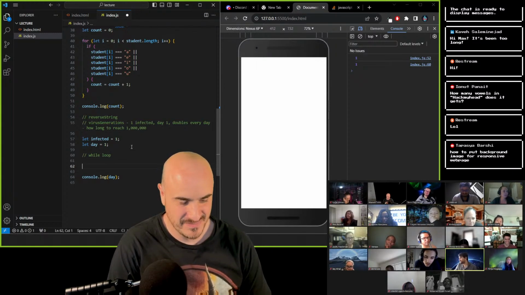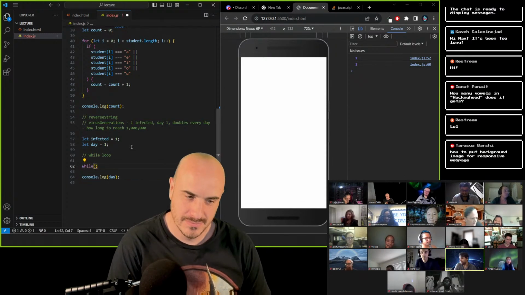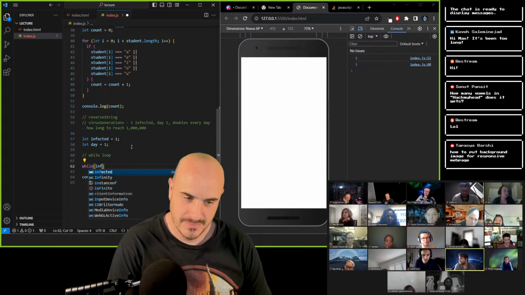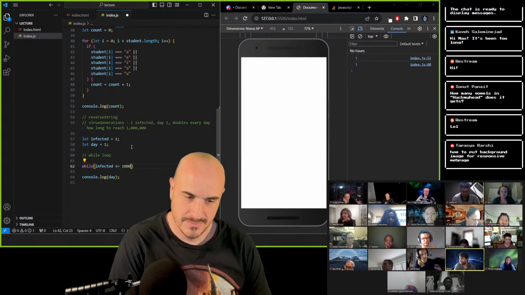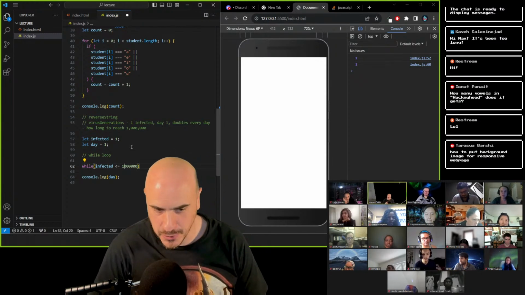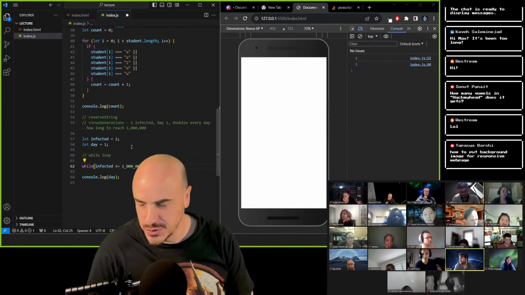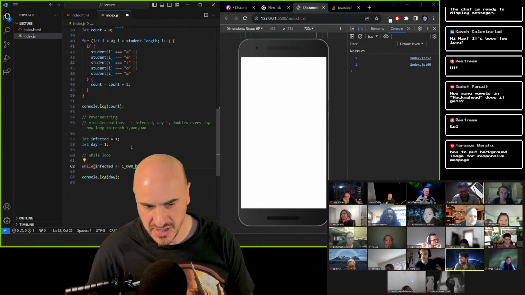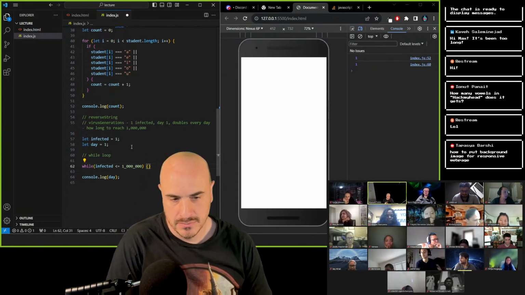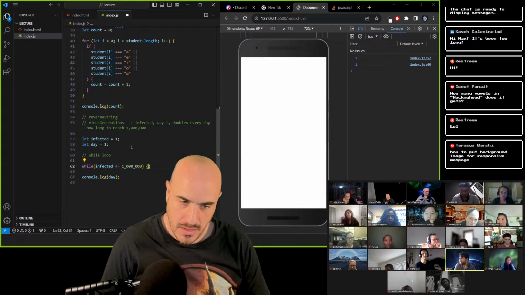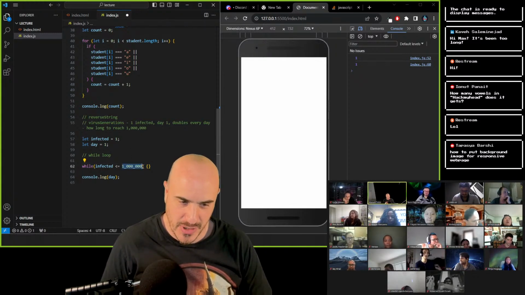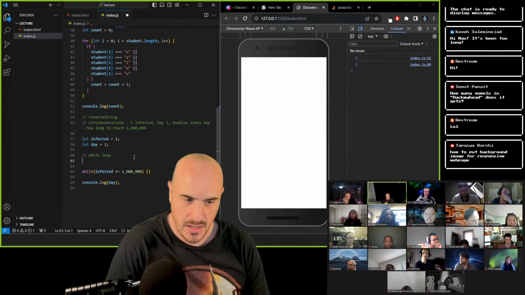Okay. So you type while, and then a certain condition. In this case, while infected is less than or equal to 1 million. It's something cool. You're allowed to use underline, and it'll treat it as a number in JavaScript, which is pretty nice. What does it count as, like the underline? Is it like a comma? That's a good question. I mean, if we console.log this, it will still be